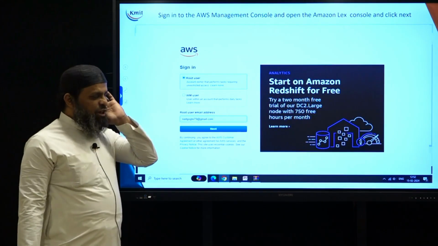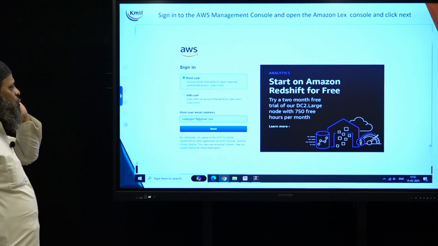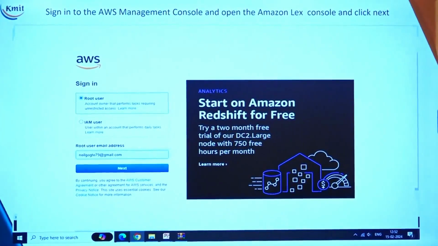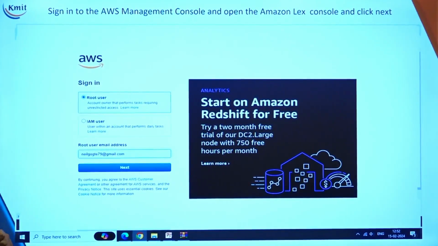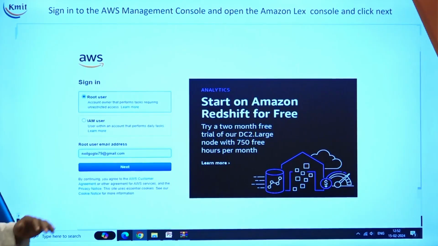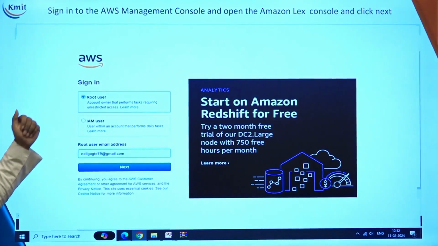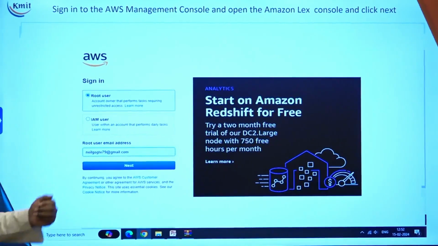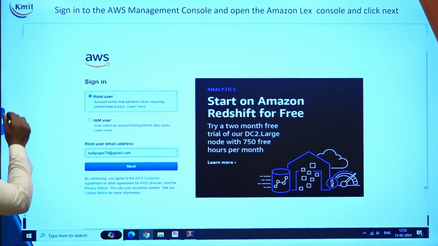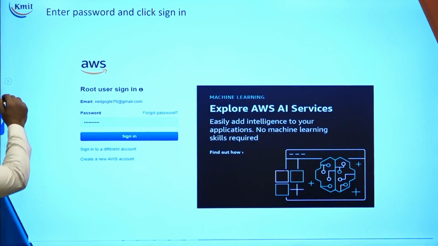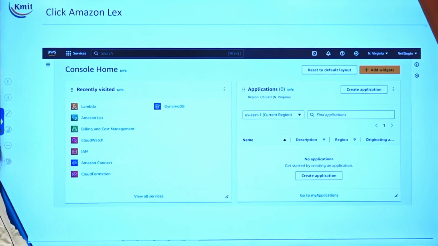So this is how the screenshots are, how to create a Lex bot. So first you will be having your account in Amazon. Once you have an account in Amazon, when you go to amazonwebservices.com, you will see the home page, the login page. Once you see the login page, you can select the root user, then you give your email ID, then you click next. Once you click next, it will go to the next page, wherein you have to provide your password. Once you type the password and sign in,